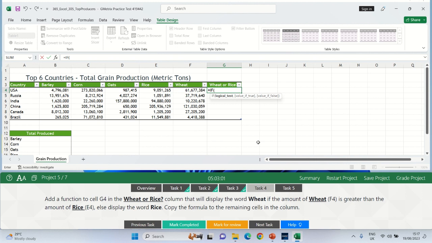So if F4, amount of width, that's F4, if F4 is greater than E4, that's amount of rise, put a comma, then display the word width,